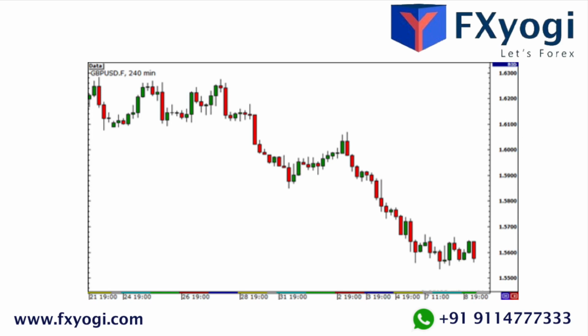For example, if you bought one lot of Euro USD and bought one lot of GBP USD, you're basically buying two lots of Euro USD because both the Euro USD and GBP USD would move in the same direction anyway. In other words, you are increasing your risk. If you buy Euro USD and GBP USD, you don't get two chances to be wrong. All you get is one chance because if Euro USD falls and it gets stopped out, GBP USD will most likely fall and stop you out also.